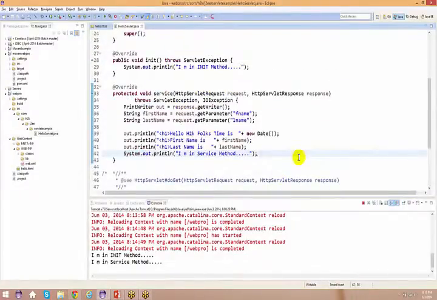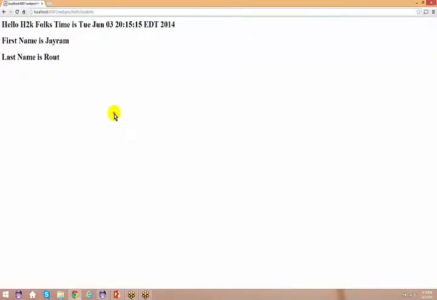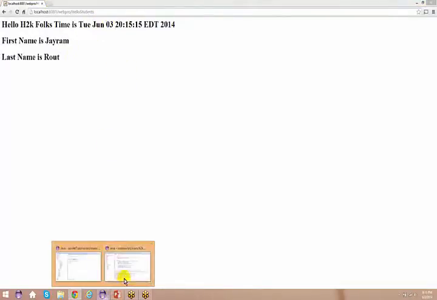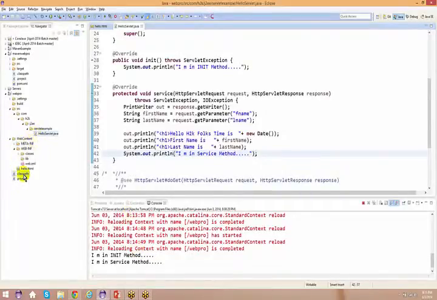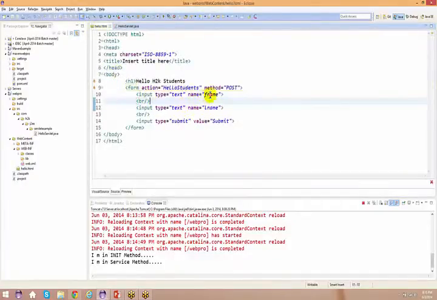Now if you see this page, the moment I requested something, I'm not getting anything in the URL. Now we'll do one more thing. We will just try to pass this info instead of using an HTML. What did we use here? We used an HTML here. From the HTML we gave the first name and the last name, right? That's what happened. I gave the first name, I gave the last name, and then I submitted.